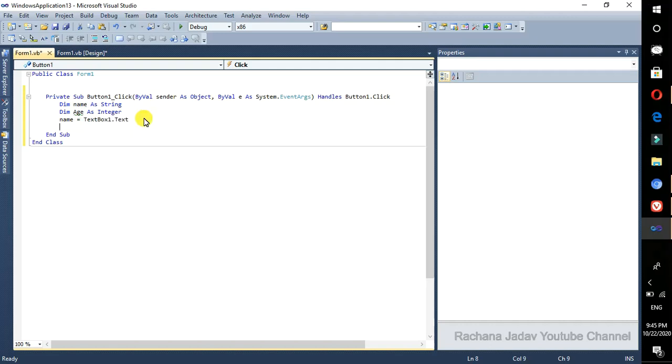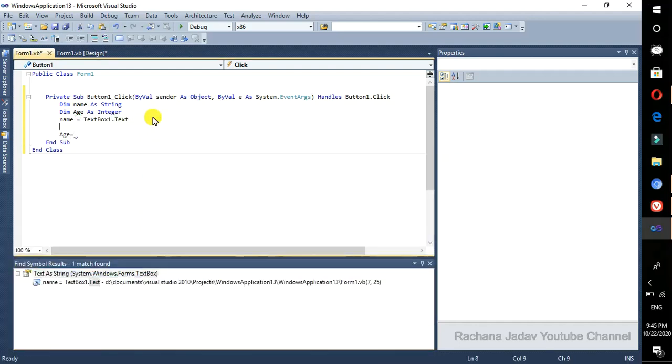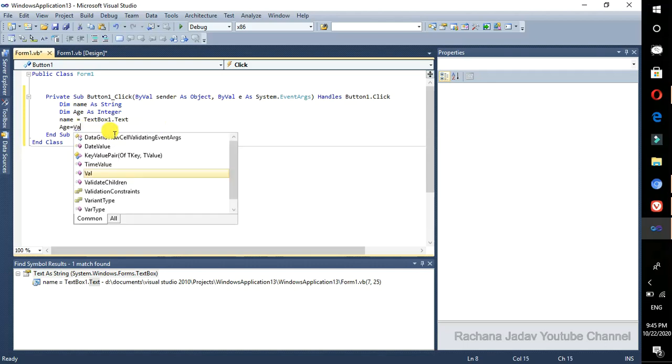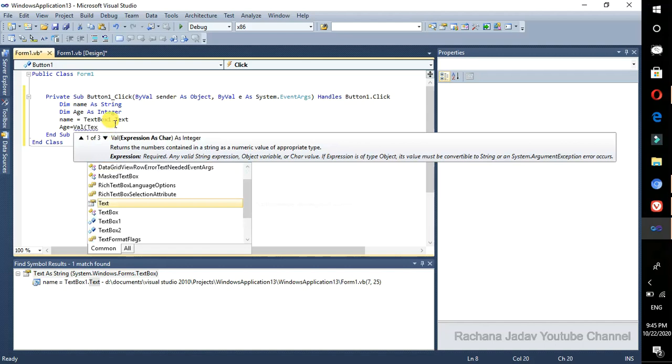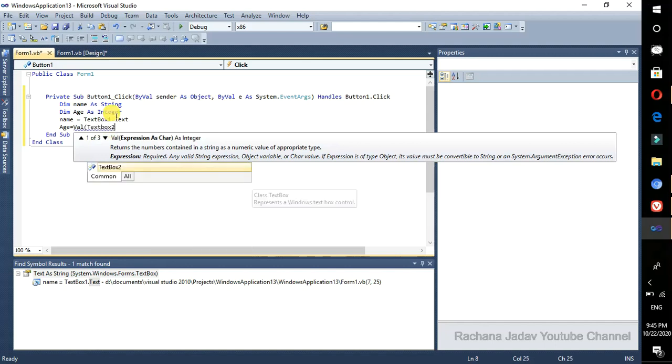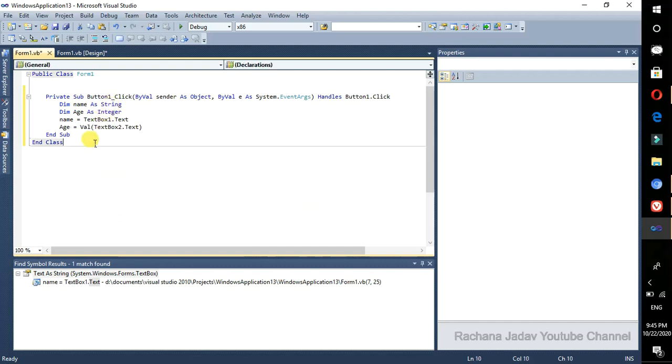Okay, and for the age, we have to go for the value. Why value? Because in that we are going for the integer. Okay, we are not going for the text, we are going for the integer. So we take text box 2 dot text. Okay, I think that much is clear to everyone.